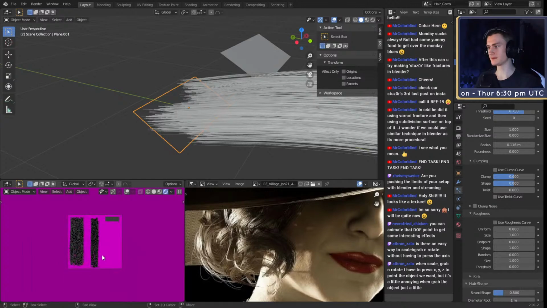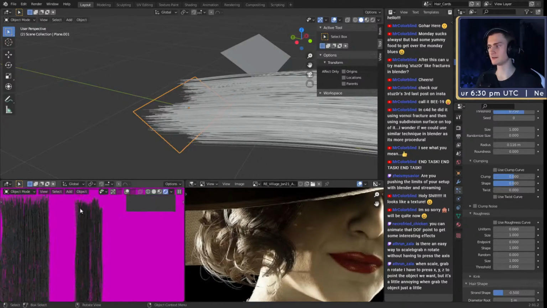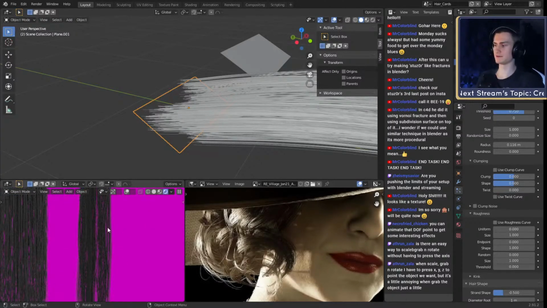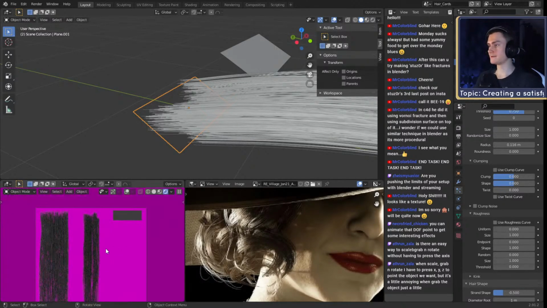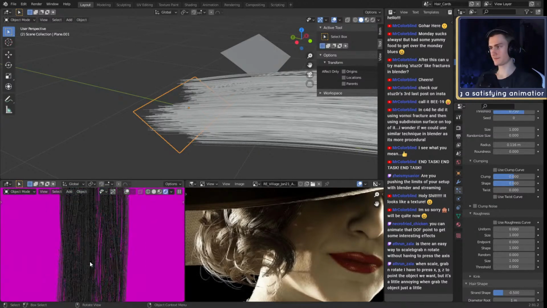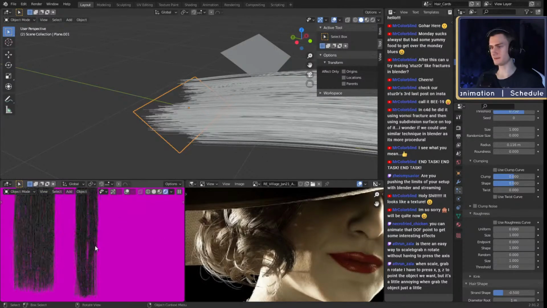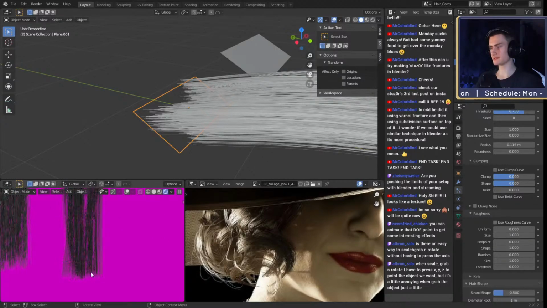There we go. This is basically all you will see once we apply it as a texture. Not the magenta. Look, the magenta is just transparent. Okay. This looks quite good already, but I think we can probably adjust this shape a little bit, because you can see it's quite sharp, like a sharp tip in the end.